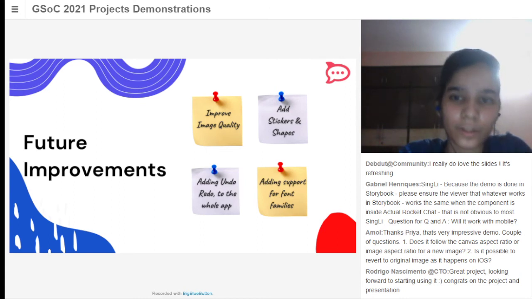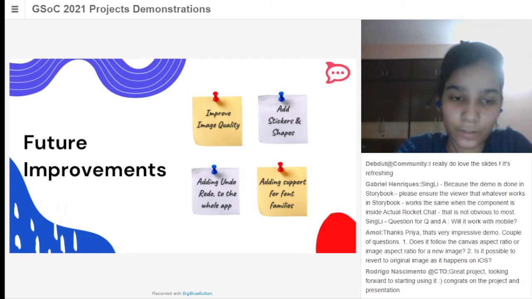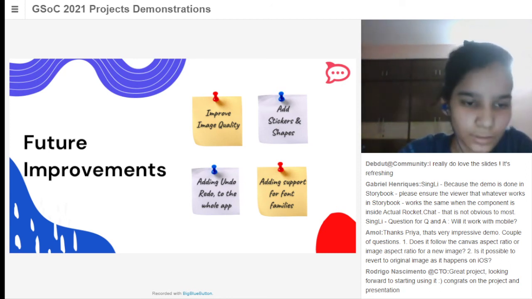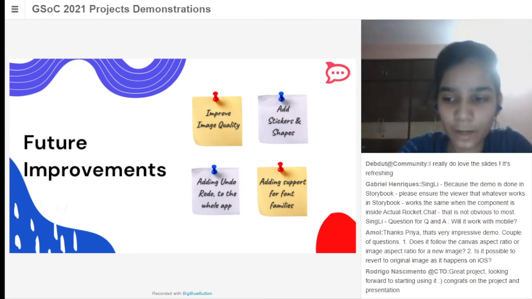If we are talking about the crop functionality, we can change the aspect ratio. Right now, it's a little tweaky, but I'm working on it. The thing with aspect ratio is that we have to scale it down and scale it upwards in specific cases without overflowing our parent container.